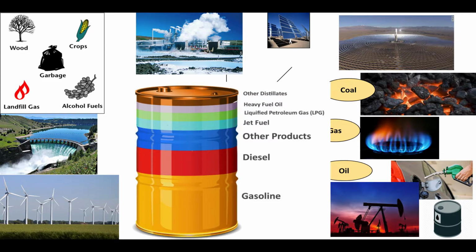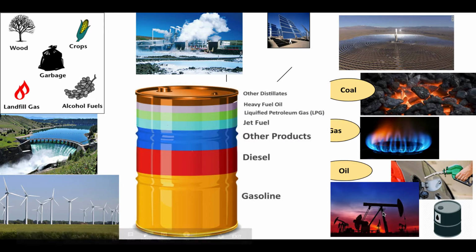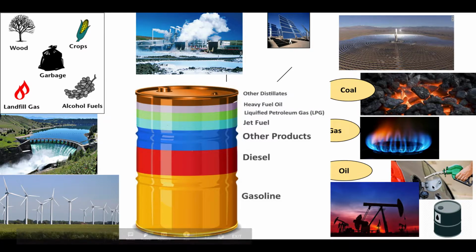vary. So when we first extract oil from the ground through this pumping process, most commonly, it comes out as a very thick, black, mixed up substance, which we call crude oil. Crude oil then needs to be separated out into all of its different parts. So the type of fuel that you extract from the ground directly is not exactly the same as the type of petrol you would put in your car. To get it from this to that requires quite a lot of processing, and there are lots of things that